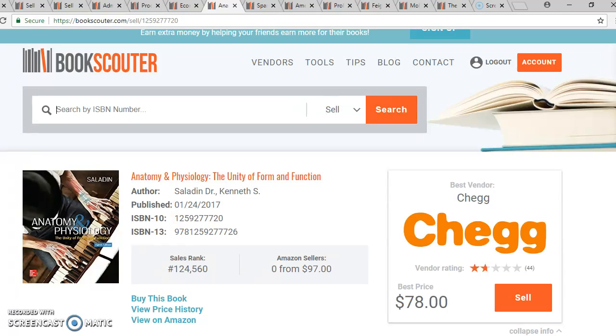Now, remember what range you started with. You started with 75 to 78. So I always make sure that this right here shows you the price that's either within that range or very close. If let's say you're doing a range from 75 to 78 and now it's showing you that the company is only paying $30, obviously I'm not interested in it because now it's going to be even harder to find that book. So when I open this, it shows you that right now Chegg Company is paying $78 for